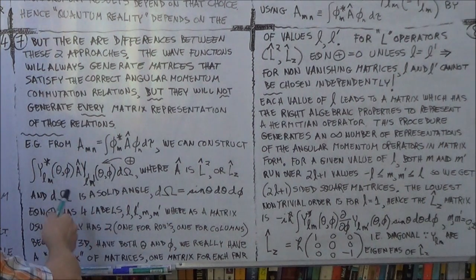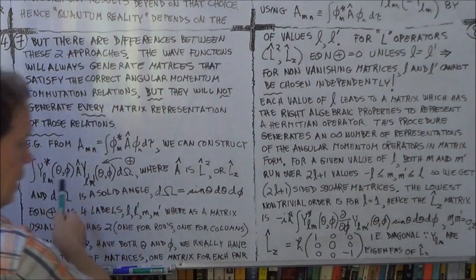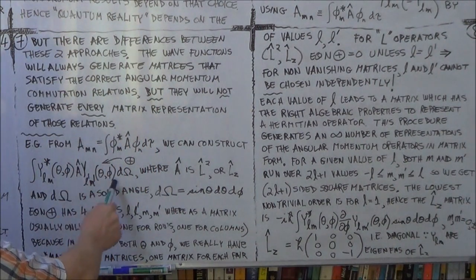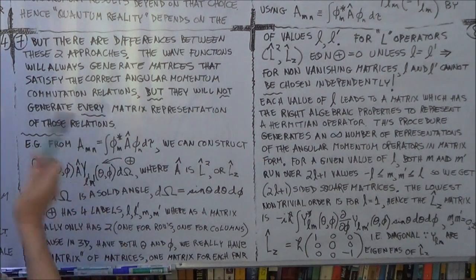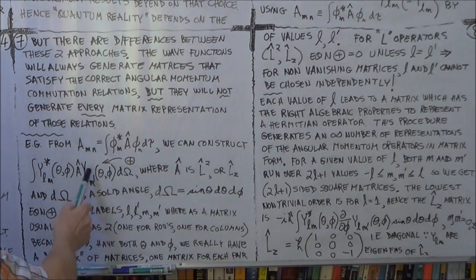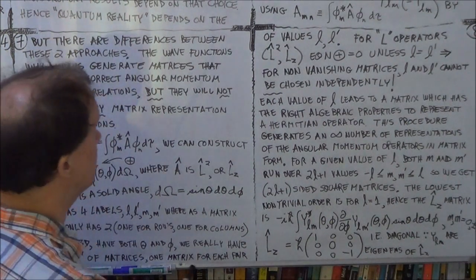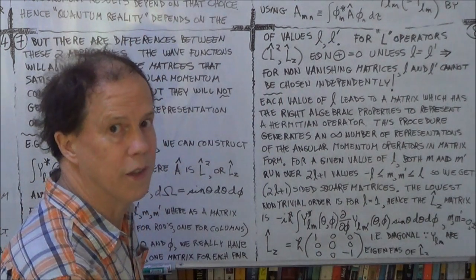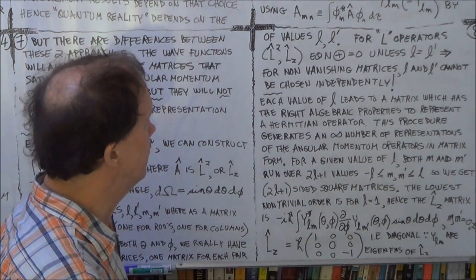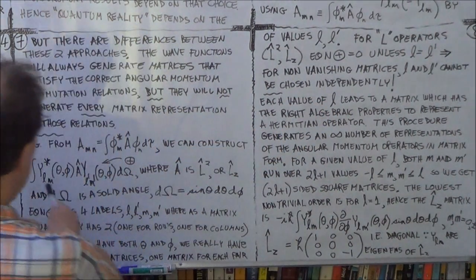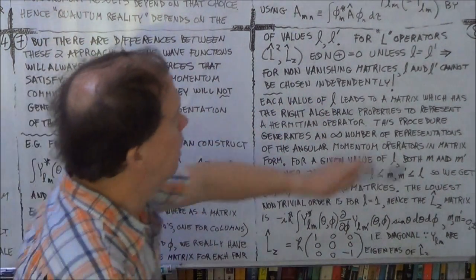This is 0 if L and L dashed are different. Okay? That just comes out. You could try showing that yourself, because you know expressions for the spherical harmonics. You know what a hat is, but it's either this or this. You have expressions for that. It might be a bit tedious, but anyway, bottom line is this integral here is 0 unless L and